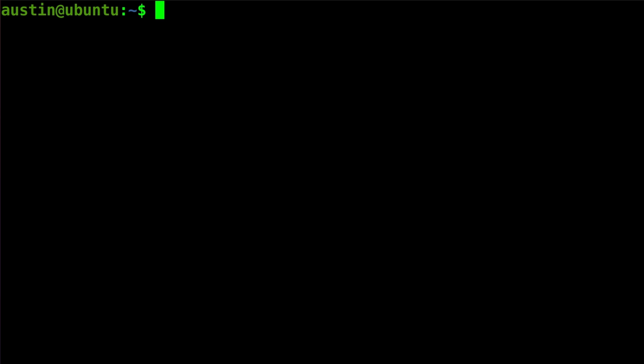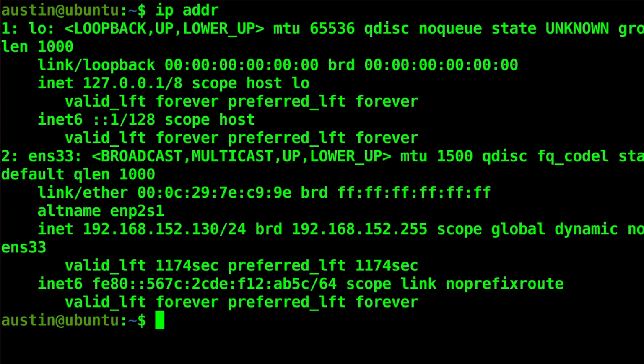Now we need to figure out the MTU size. So now we've got our terminal pulled up, and let us do an ip addr, and we can see that we've got our loopback. So we want the next one down. This is the ens33. I can tell that this is the right interface because I'm on the right network. So we can look at the MTU size of 1500, and that means that we can have a maximum payload size of 1500. So what we need to do is minus the header size from that, and we will get,